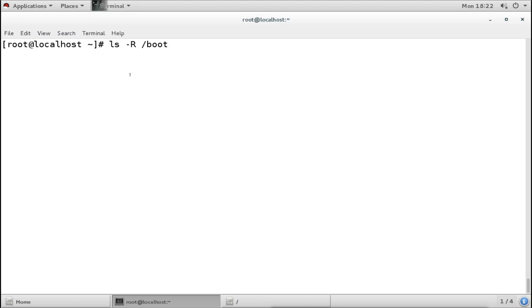It will list this directory, and including this directory it will list all the other directories, other subdirectories. So it will list all. Now this -R means recursive. It will list this directory in recursive order. Recursively means it will list this directory and all the subdirectories inside this directory. Now see what happens when I press enter.